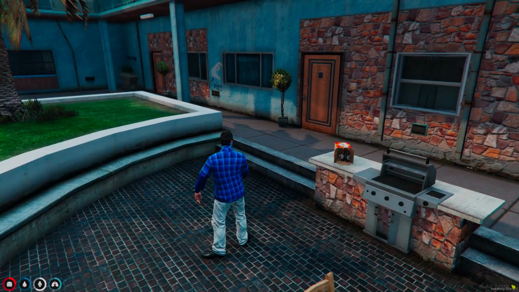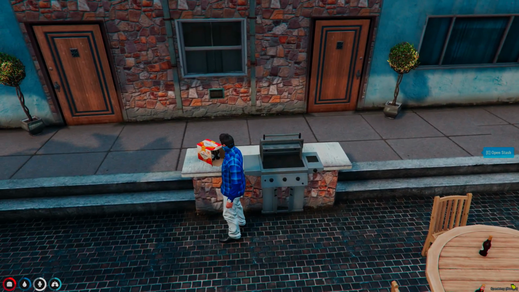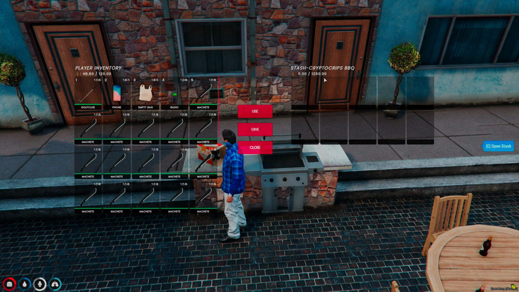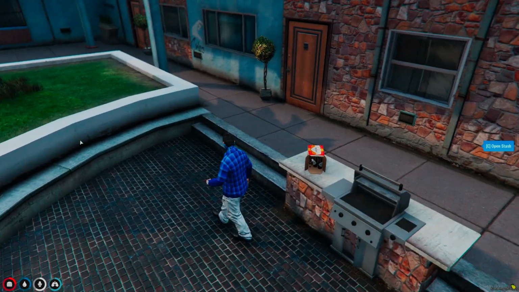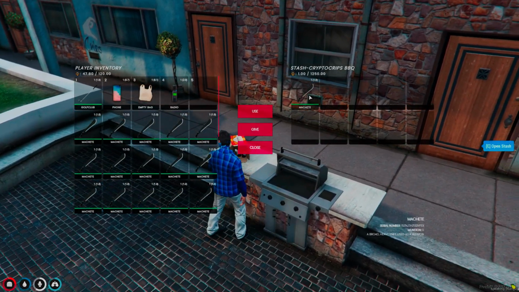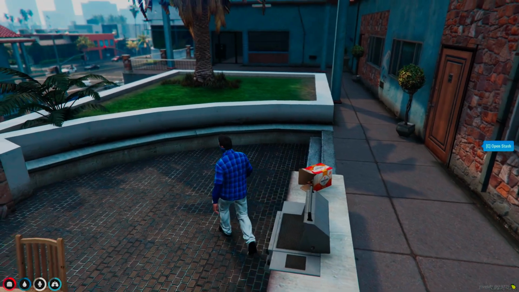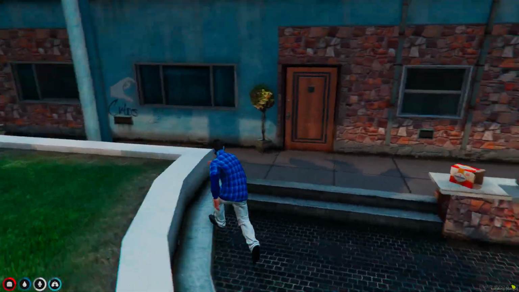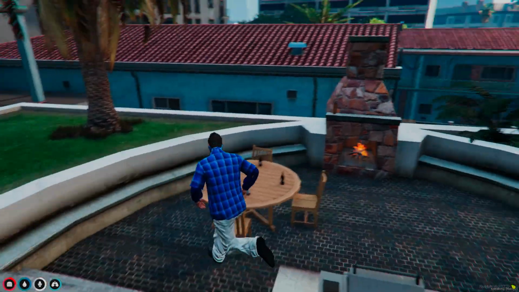So I'm going to be showing you basically how to create a stash like this, where you go up to it and you can store stuff in it. So say if I store machete in it, it's still there, and anybody in the same gang as me can access it. So for instance, I'm gonna